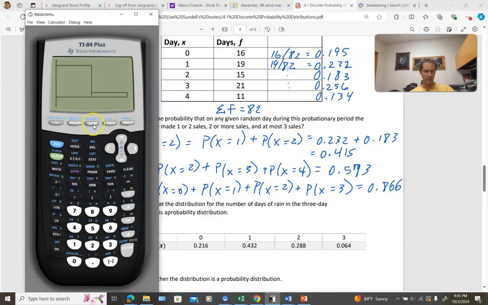oh, this is still not looking like what I need it to. Let me come back over here, go into stat plot again. Well, let me come over here to the window. Let me look and see. Okay, so it's got my x's going from 0 to 8. And,